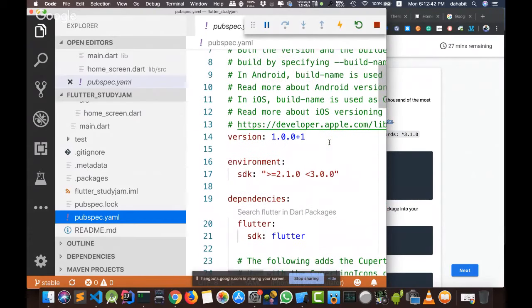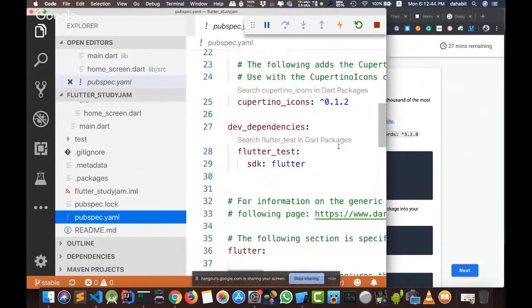The most important thing to know when you are using Flutter is that there are two files: pubspec.yaml, which holds the metadata or the configuration for our application, and the pubspec.lock file, and it's the same methodology other technologies use.